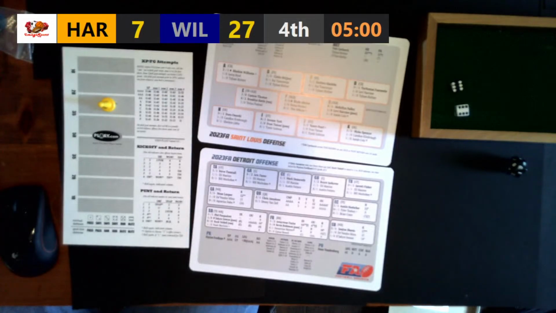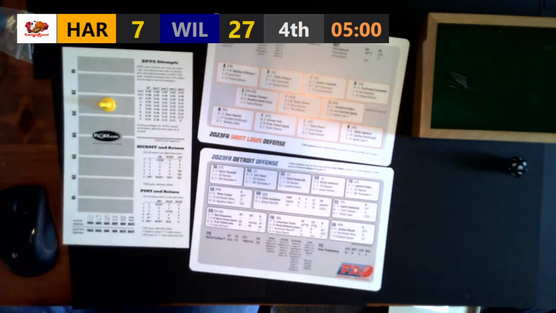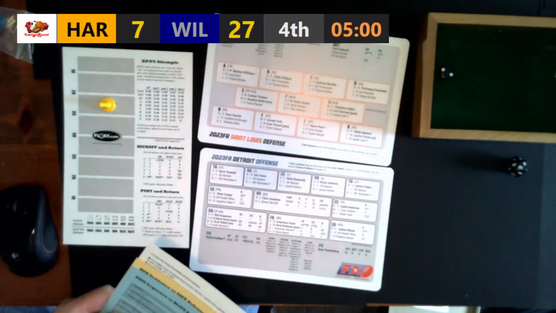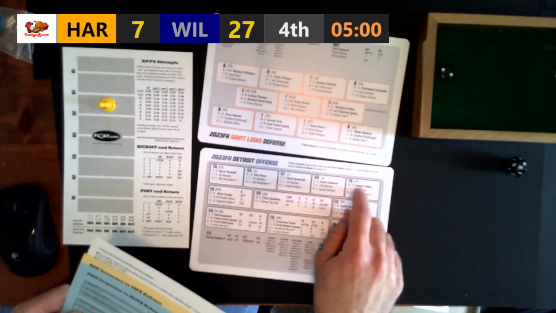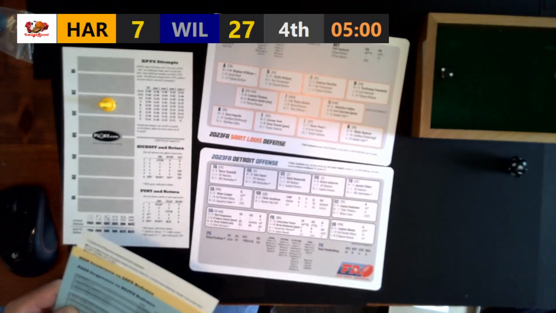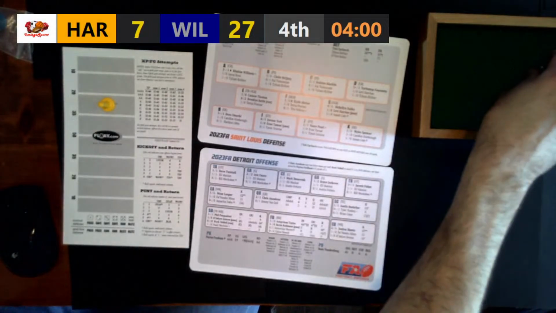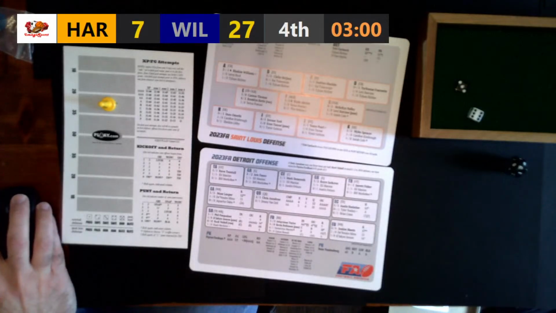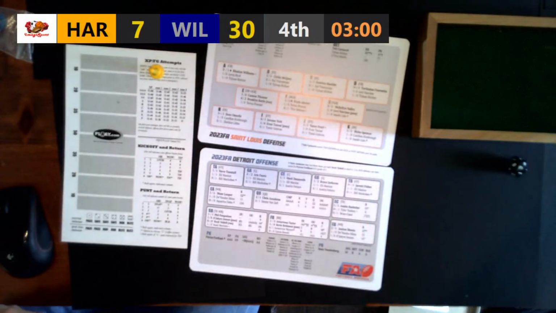This time, though, they're going to pass it against a blitz. Probably just still trying to get a first down here. 24, O-line. Anybody rated 2 pass there? Yes, Jarrett Fisher is with the 1+ in the thing. So instead of getting sacked, it'll just be an incomplete pass. So out comes Fordham once again for the field goal, and he's going to make it. So that's going to make the score 30-7 with 3 minutes remaining.